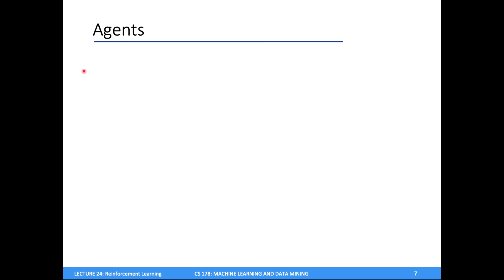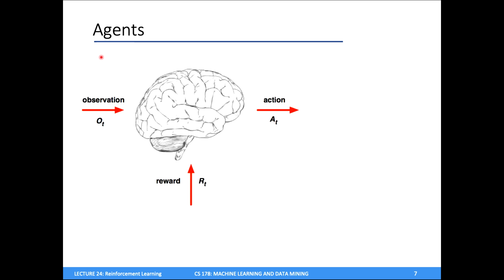Okay, let's talk a little bit more about what I mean by an agent. An agent is any kind of decision maker. It could be an algorithm, a brain in a vat, an animal, or something like that. The agent takes in a sequence of observations: it observes the environment over time, it receives some rewards from this environment over time, and based on this history, it needs to decide what action to take next. You can think of an agent as some kind of black box function that's making decisions based on the history.